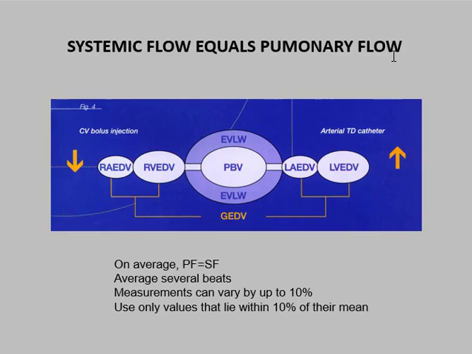Now, I chose this slide to answer the question, how can we use cardiac output in the pulmonary artery to determine flow in the left ventricle, which is what cardiac output by definition always has been, stroke volume times heart rate. And that is because blood flow is linear through the circulation. On average,